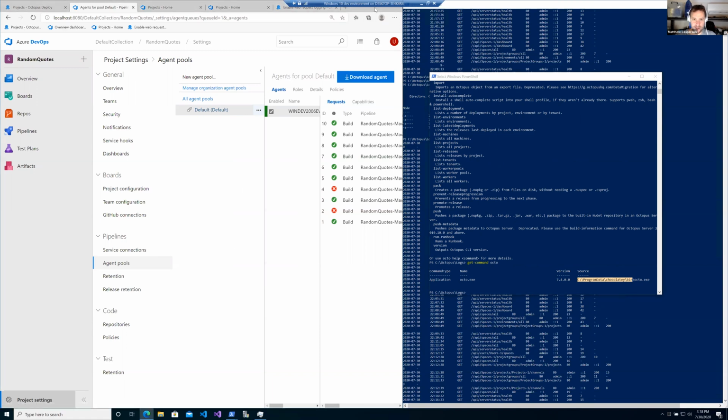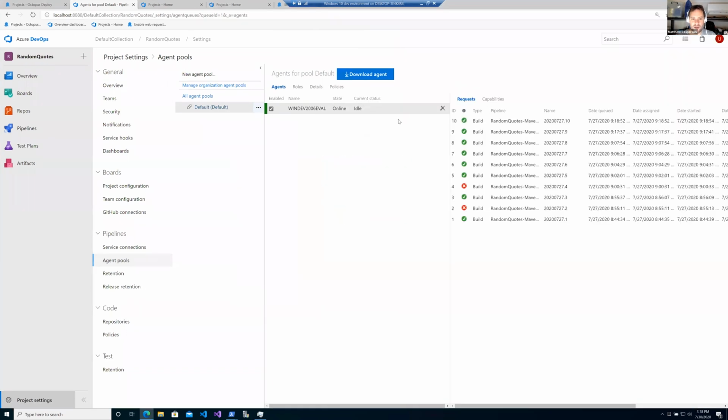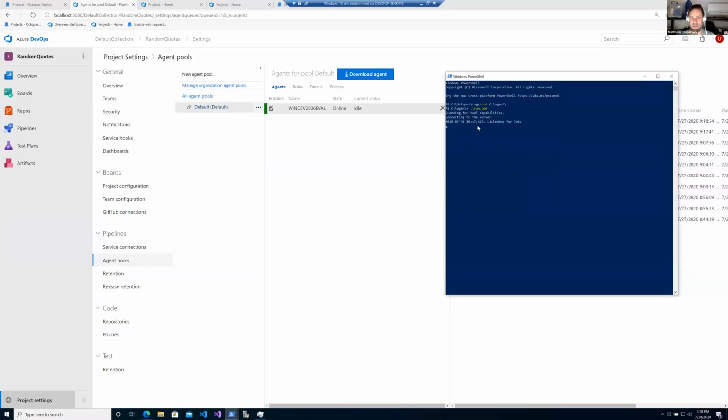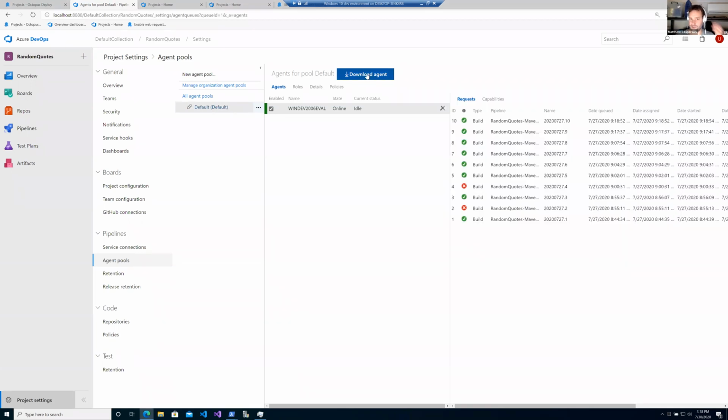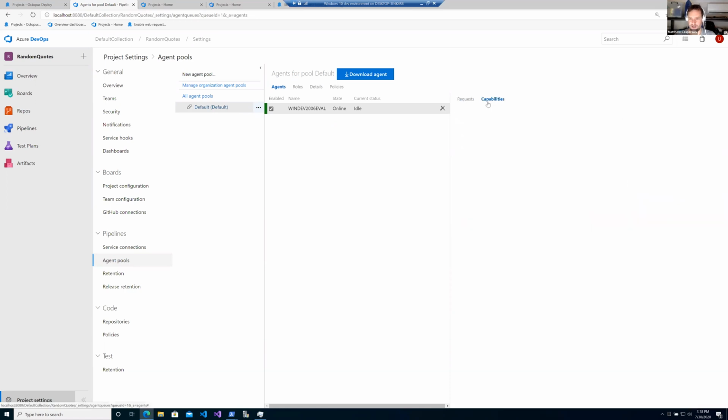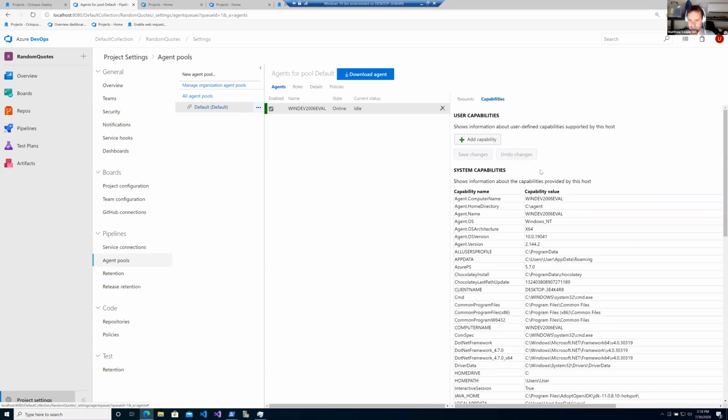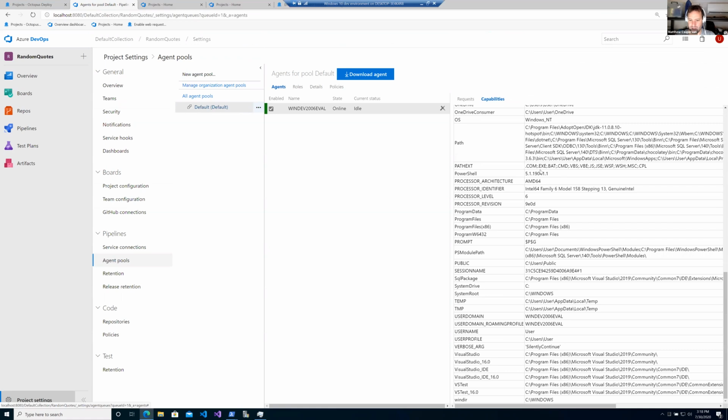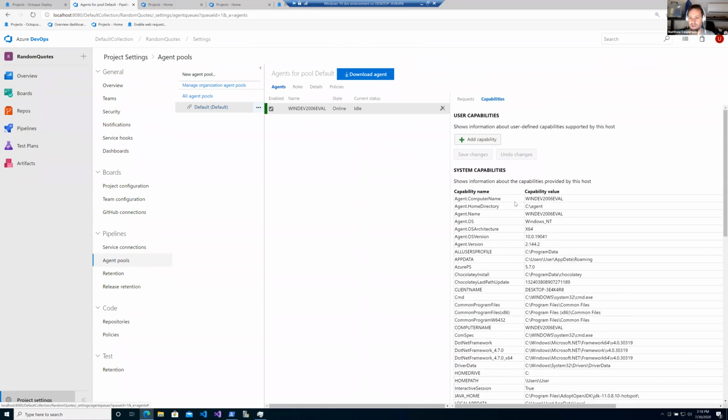So if we go into our agent setup, so this is my local agent. I'm actually running that here. All I've done to set up that agent is basically follow the instructions that you get when you click this button. And so this agent is online. If we look at capabilities, what we can do here is define a new custom capability. And that looks like,